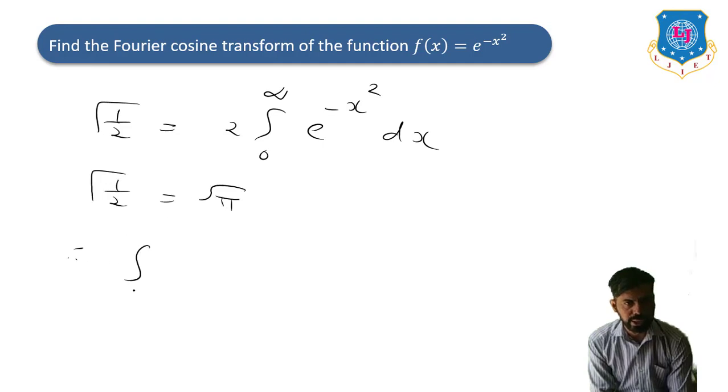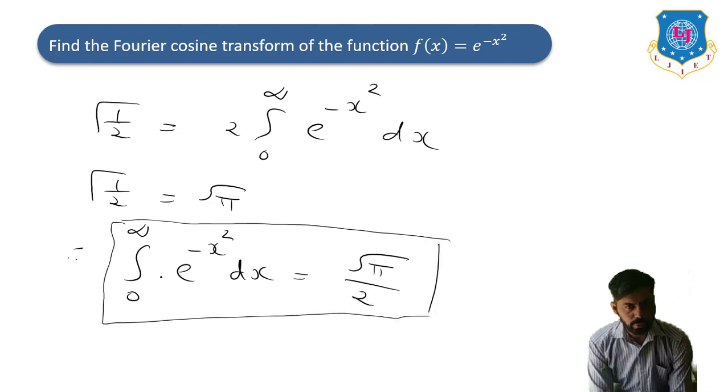Therefore we can say that integration 0 to infinite e raised to minus x square dx will be square root of pi divided by 2. So value of integration from 0 to infinite e raised to minus x square dx is equal to root pi by 2. So putting this result,